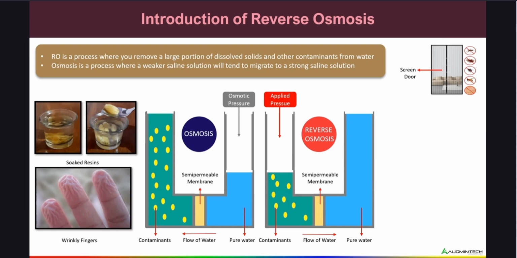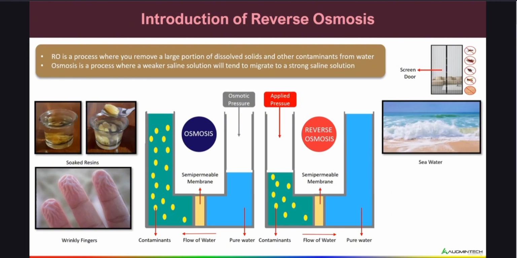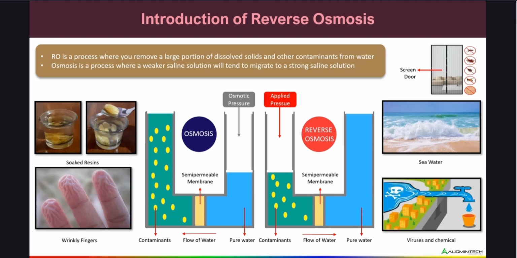Reverse osmosis is most commonly known for its use in drinking water purification from seawater, as seawater has high salt content which is mainly present in dissolved form and is slightly basic in nature. Water contamination includes viruses and chemicals like metal ions, lead, arsenic, fluoride, radium, sulfate, magnesium, potassium, nitrate and phosphorus, etc.